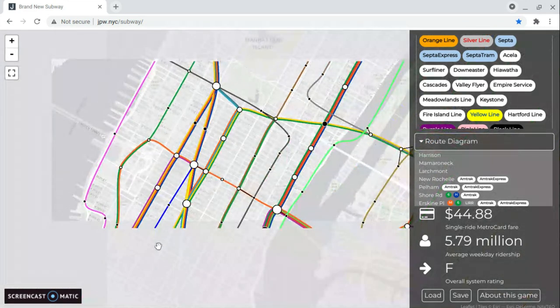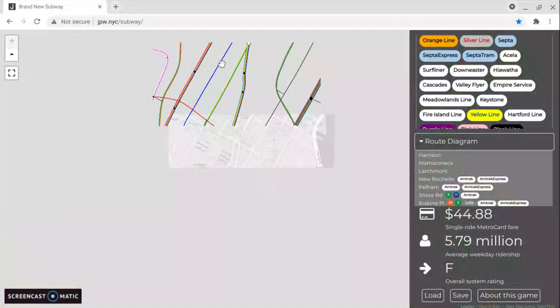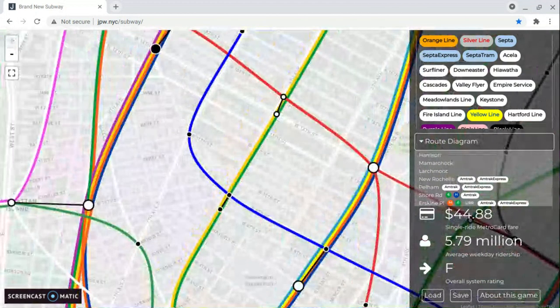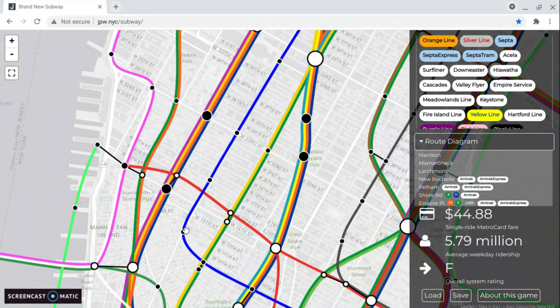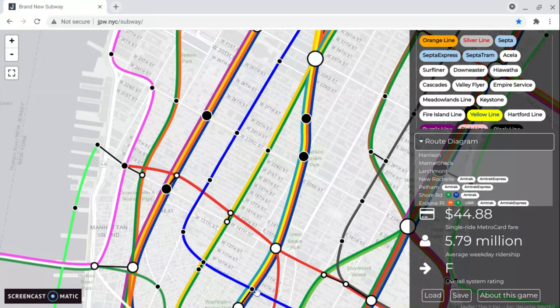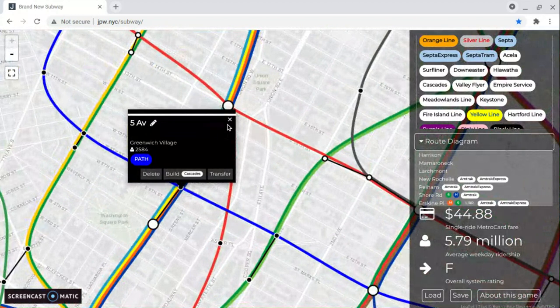The 7th Avenue line in the outside world is the PATH train for a little bit. In real life, the PATH train heads off to New Jersey on the Hoboken and Journal Square branches, and to 33rd Street goes on 6th Avenue. But in the outside world, oh yeah, this is actually not 5th Avenue. This is supposed to be